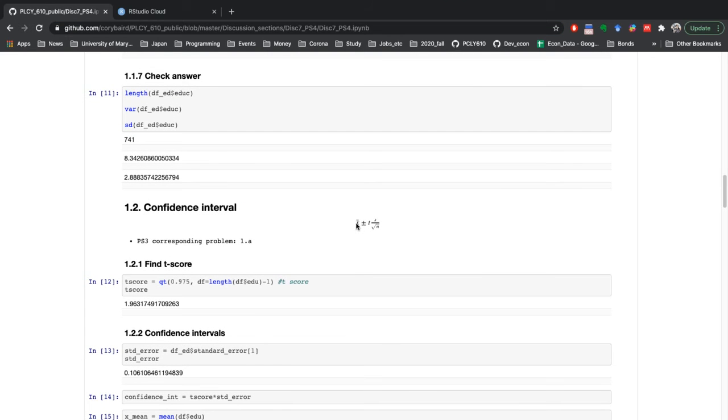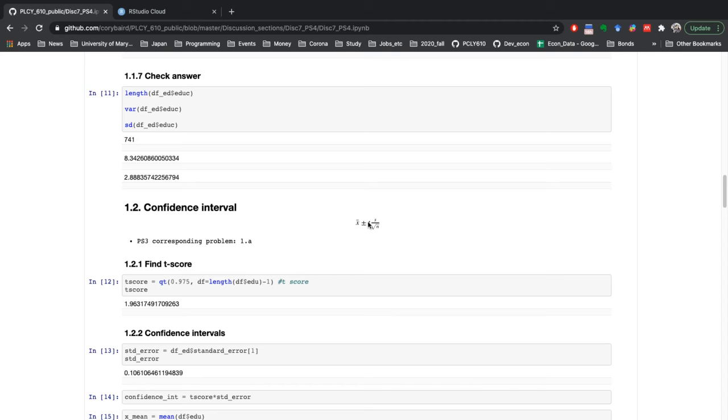It's the mean plus or minus the t-score multiplied by the standard deviation divided by the square root of the number of observations. So that's the calculation. So we have now s, and we have now x, and we also know n,